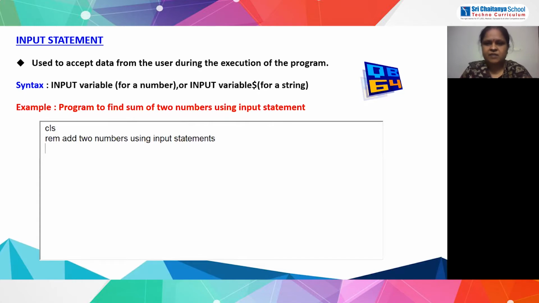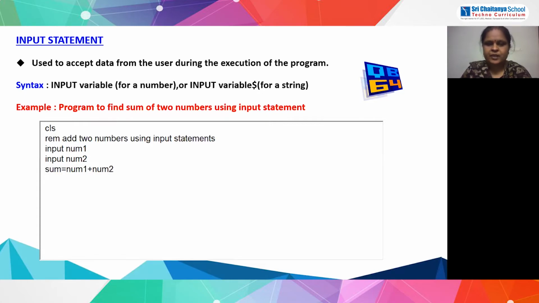Next I will write input number 1. Next, input number 2. Then sum is equal to number 1 plus number 2.